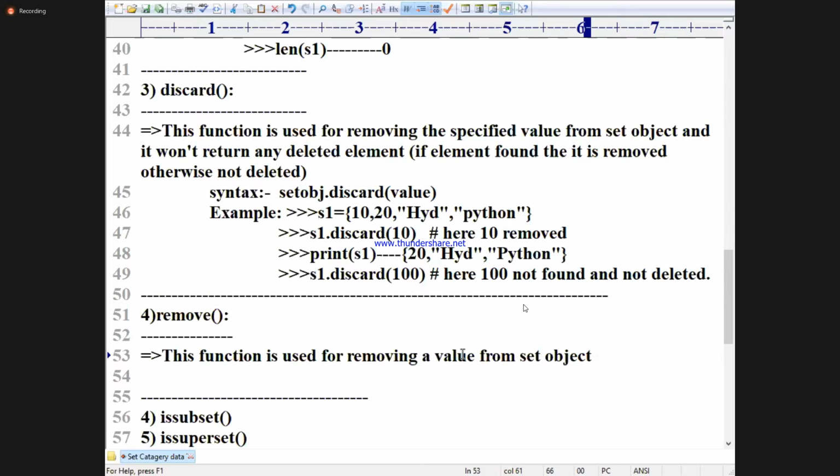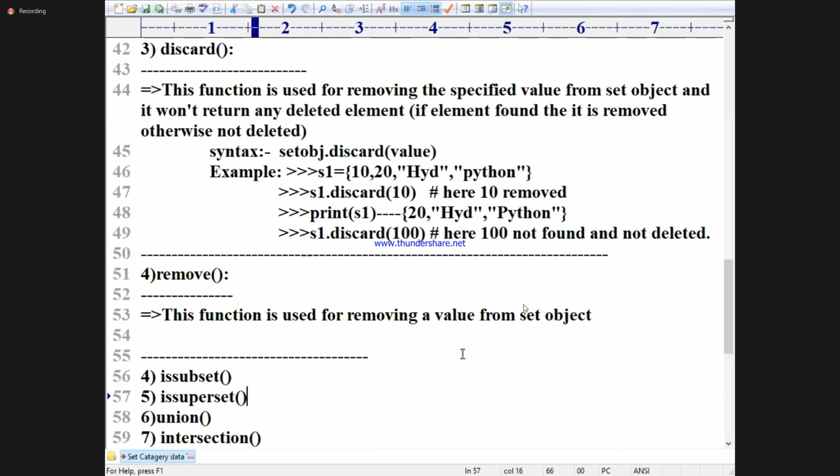I applied the remove method on a list also. If two 20s are there, which 20 will be removed? The first occurrence of 20. We already addressed that point. If you want to remove the other 20, we will write a loop and it will be removed; I will show you that. Nothing to worry about. Remove the value from the set.